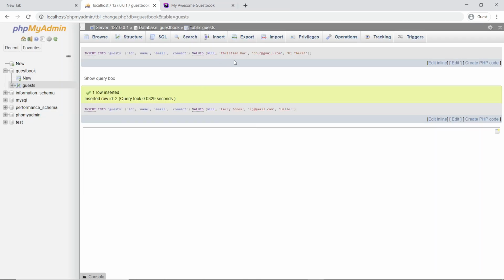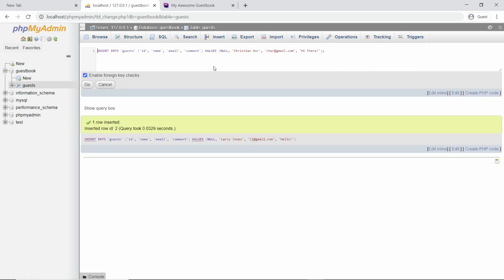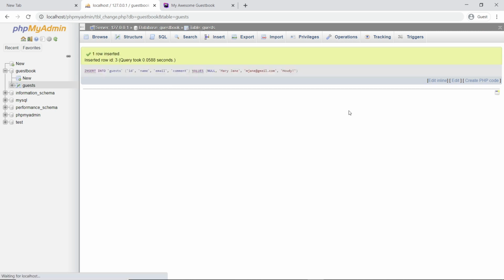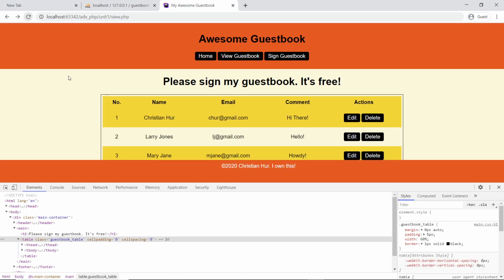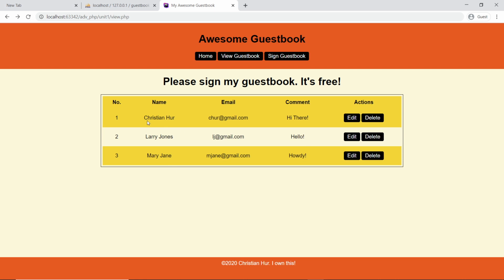Again, if I go and add another one, all right? So let's just do here. Just say edit, put here Mary Jane. Put here M Jane and then howdy. Okay, let's add this and then refresh it. Okay, you see that we have 3 color, but I don't want this to be it